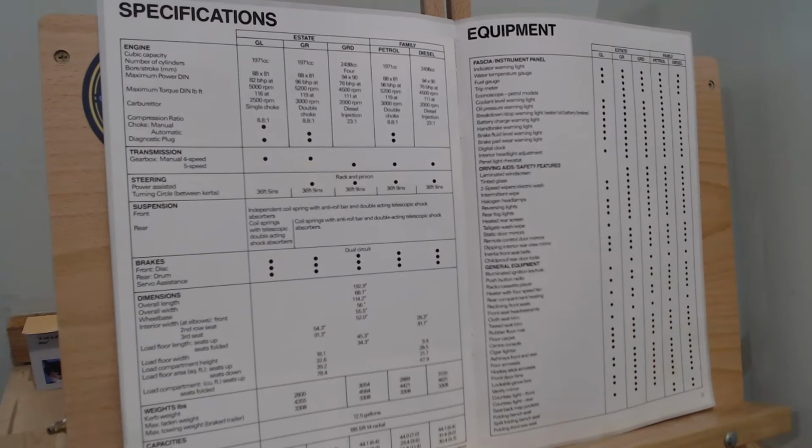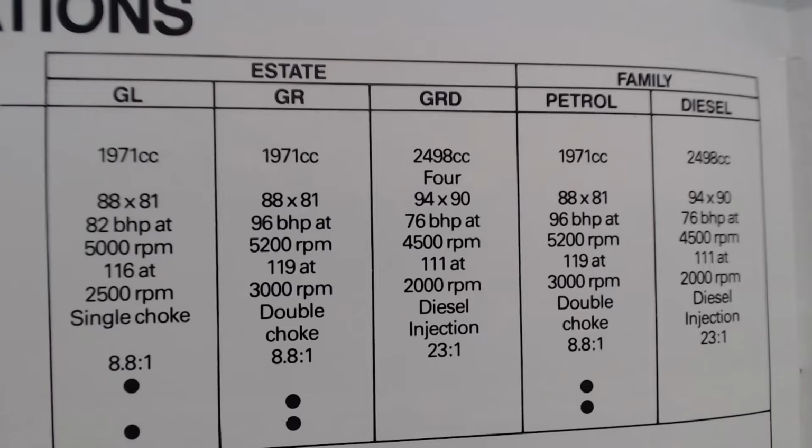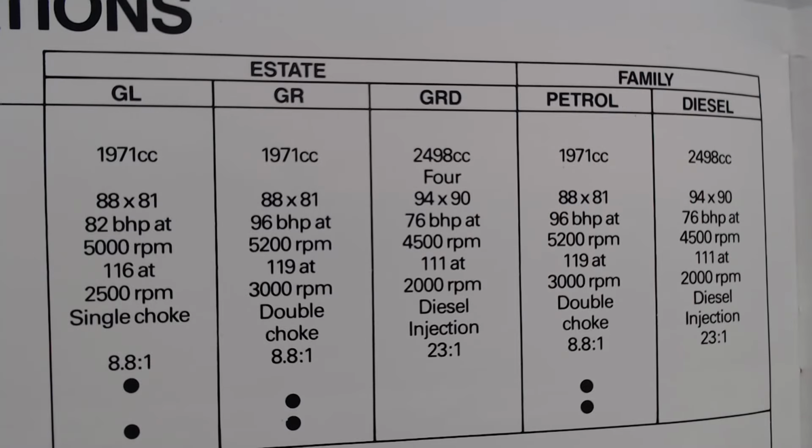And then finally at the back page we get the specifications and equipment, which I think we've pretty much covered in the brochure already, and the brochure review is getting quite long, so we'll just pick a couple of the key points out, I think. So there are all our models laid out, starting with the estate, which you could have with that lowly GL, GR or GRD. So the petrol engines, of course, the GL and the GR, shown side by side, both having that